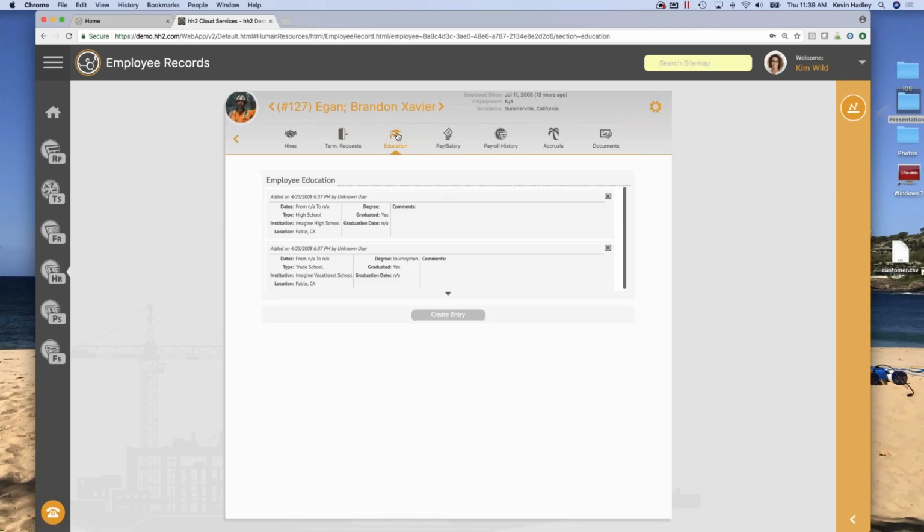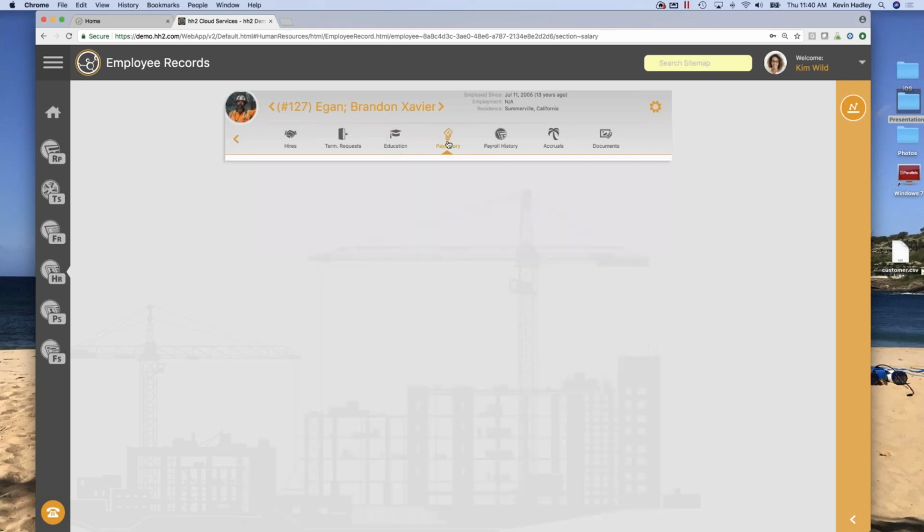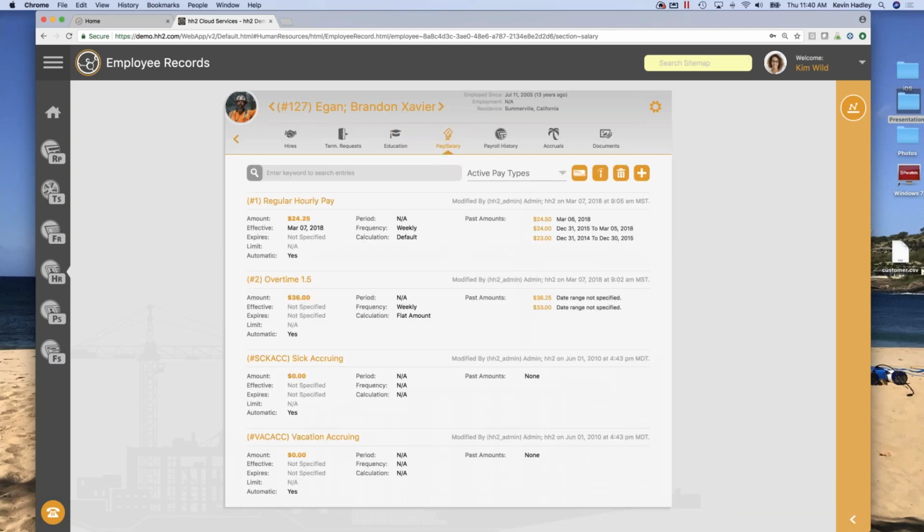The education tab is for keeping track of the employee's education. So if they graduated from high school, if they're currently going to a trade school, going to college, it's just a nice place to keep track of the employee's education. This will be changing over time as we add additional features and functionality in here. Our roadmap here is to start tracking more if they're going through some type of apprenticeship program. So that will be coming down the line as we decide to upgrade and update some more on this HR module. Now the pay and salary tab, this one right here that I highlighted,